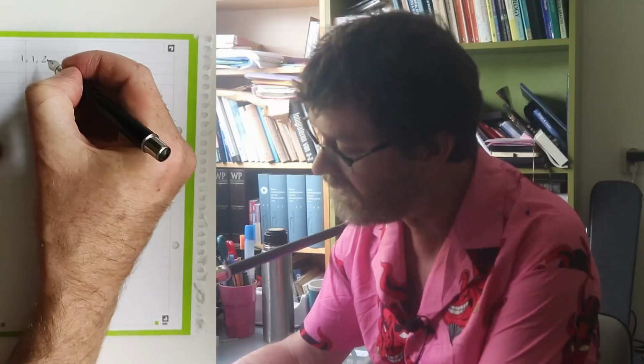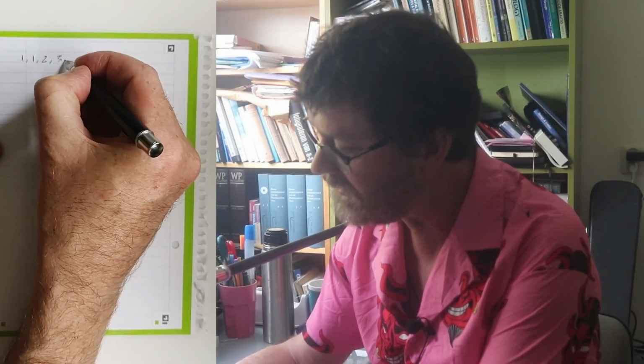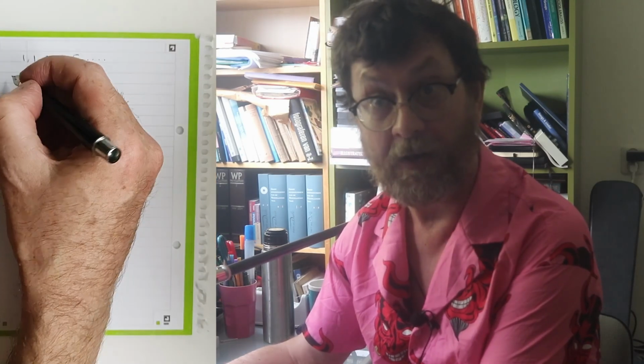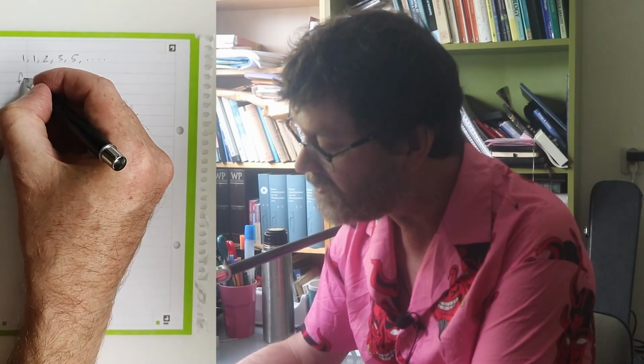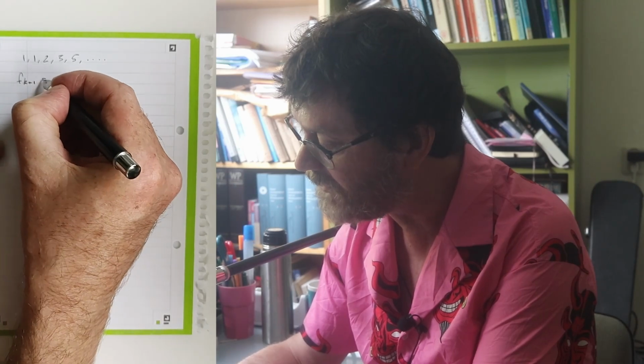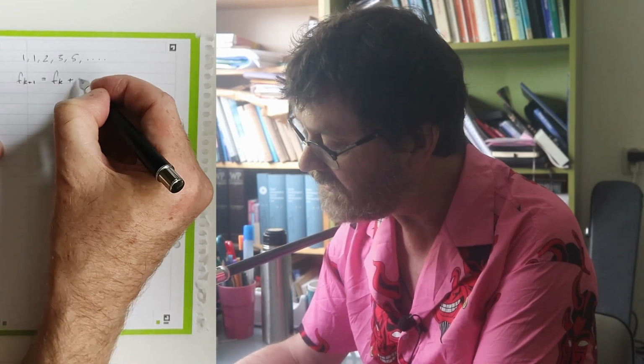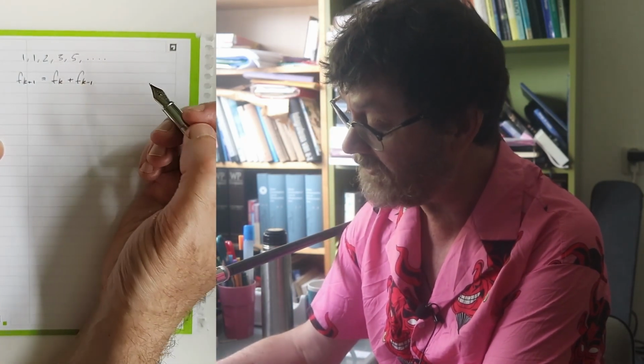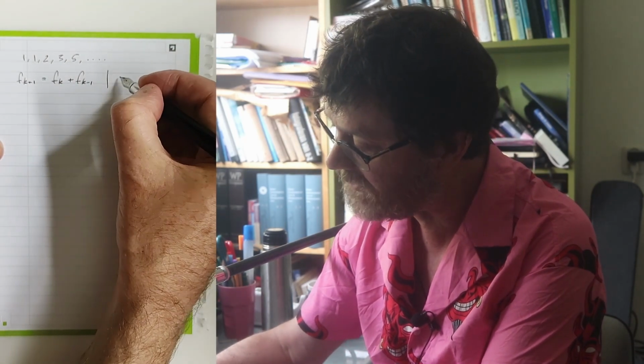Thanks, Chris. Now you probably already know, but the Fibonacci sequence is when you start with 1 and then from then on you add the previous two terms to get the next one. So 1 plus 1 is 2, 1 plus 2 is 3, 2 plus 3 is 5. After that it gets a bit annoying to add up. So we can write that down in a more formalised way: f of k plus 1 is f of k plus f of k minus 1. That's our recurrence relation for the Fibonacci sequence,